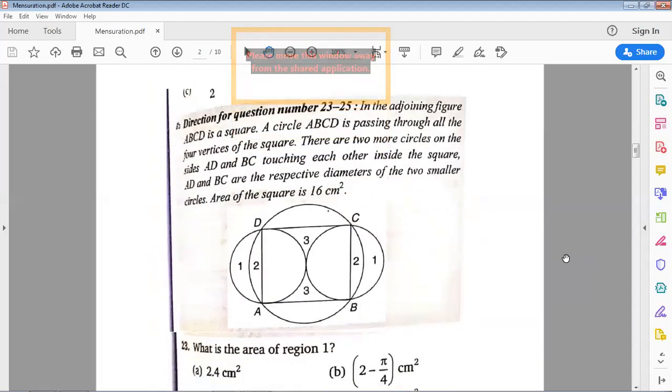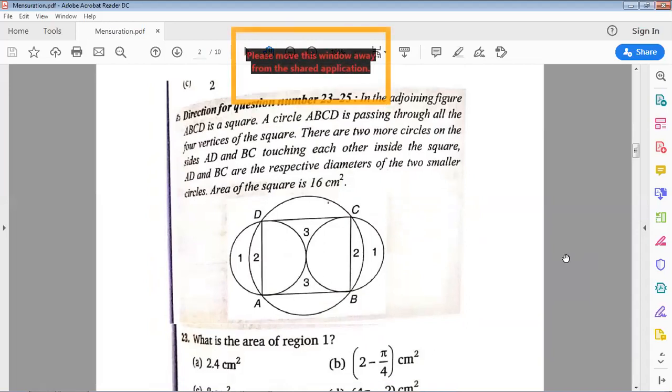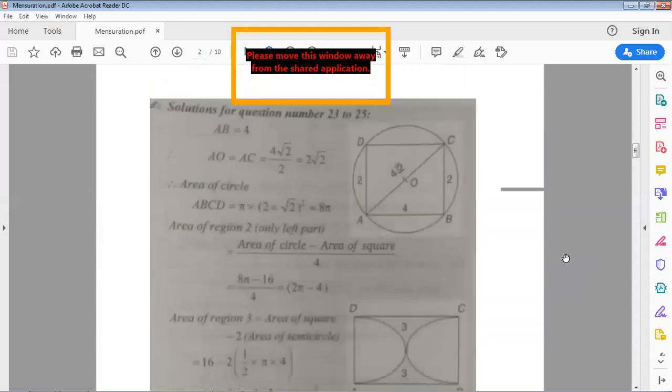See, so this was the figure given to you guys. First of all, this figure is very complex. Most of you would get confused seeing this figure. So the first thing we do is we simplify the figure. This is how you simplify it. We just have a circle in which a square is embedded. The first step is you calculate the diagonal of the square so as to calculate the radius of the circle.